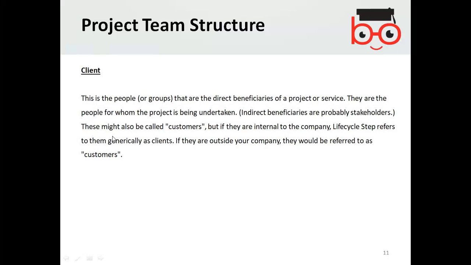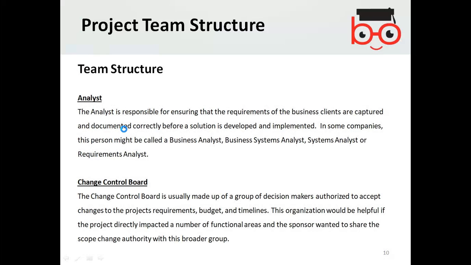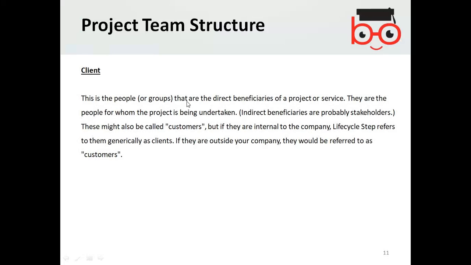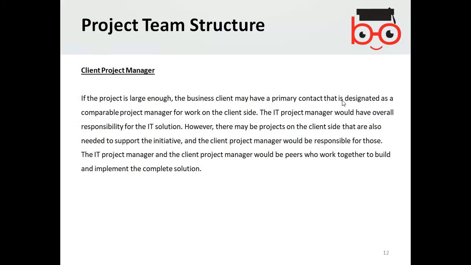The client itself is also a member of the team structure. These are the people or groups that are direct beneficiaries of a project or service, because they will be getting the benefit from the service. They are the people for whom the project is being undertaken. Client project manager. If the project is large enough, the business client may have a primary contact designated as a comparable project manager for work on the client side.